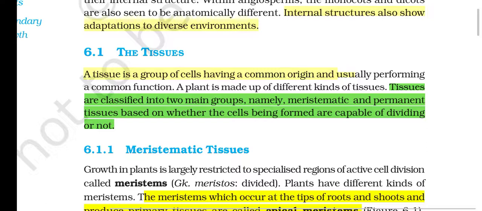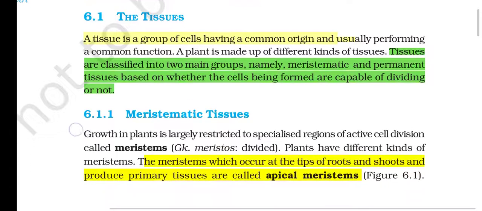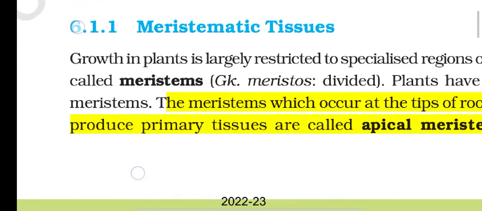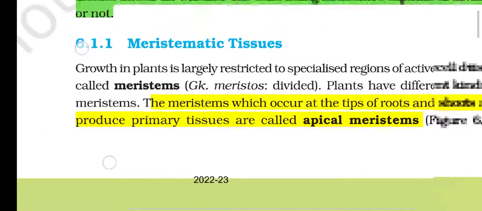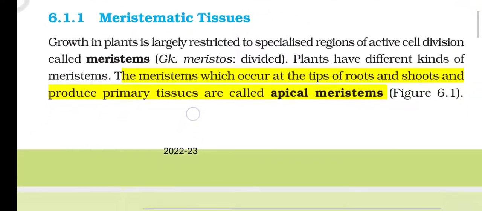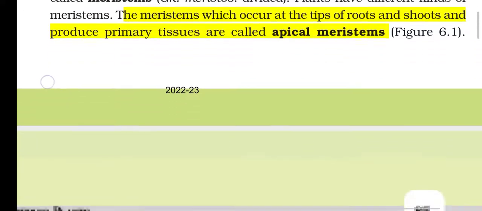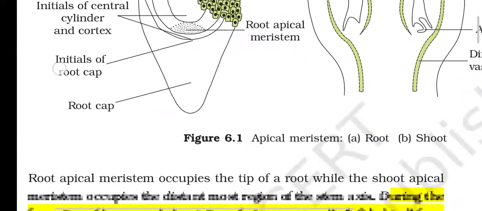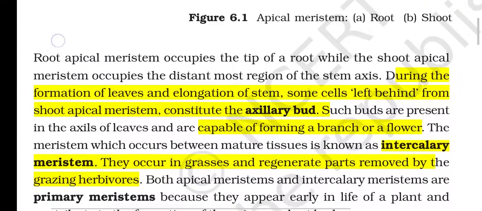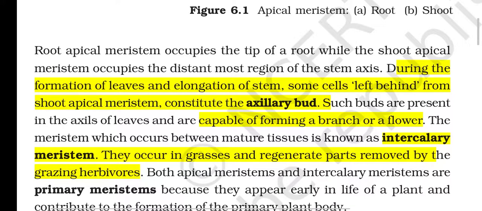6.1.1 Meristematic tissues. Growth in plants is largely restricted to specialized regions of active cell division called meristems. Greek meristos, divided. Plants have different kinds of meristems. The meristems which occur at the tips of roots and shoots and produce primary tissues are called apical meristems. Root apical meristem occupies the tip of a root, while the shoot apical meristem occupies the distantmost region of the